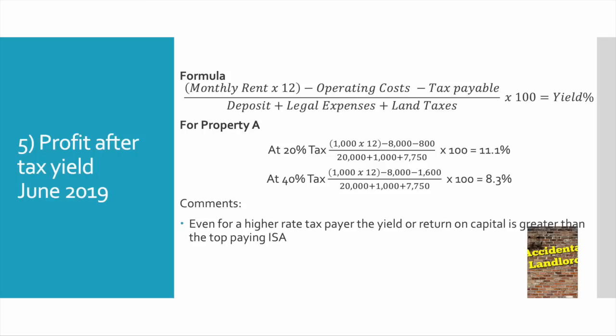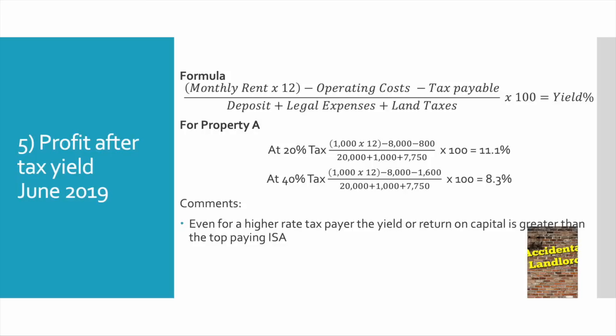Now, if you look at that, you're obviously saying, well, it's gone down from 13.9 to 8.3. However, for a higher rate taxpayer, the best they're going to get in an ISA is 5%, if they're lucky. Therefore, at 8.3%, this actually looks like a very attractive continual investment. I'm getting 8.3%. Now, if rents were to rise, possibly costs might rise to offset it, but that 8.3% could go up. So, the calculations in 4 and 5 are the calculations I use when I'm assessing whether my